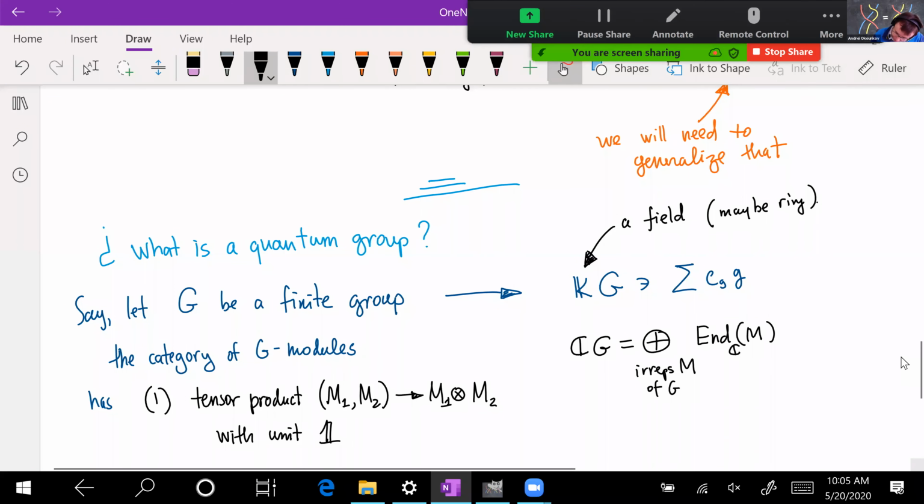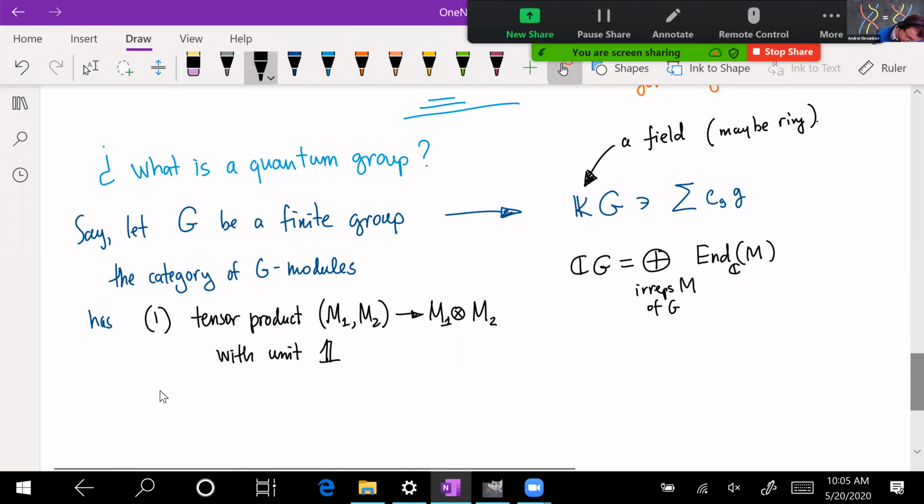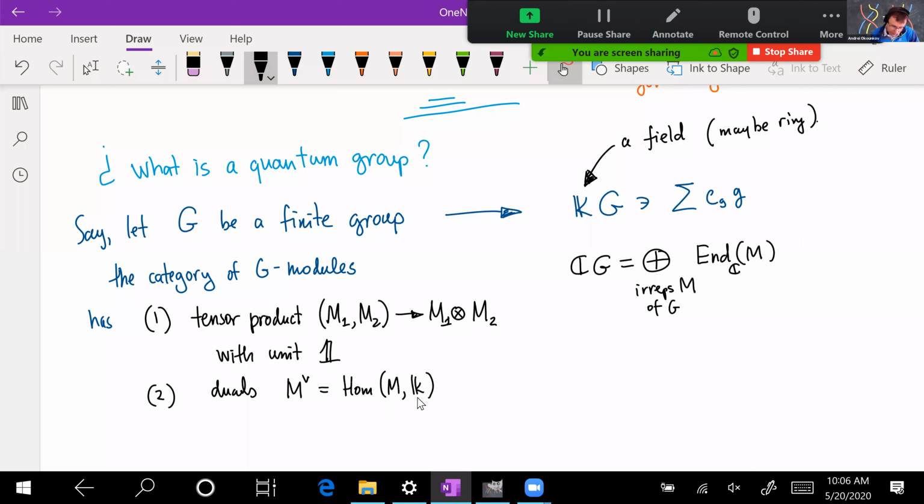And in another object, it has duals. So you have M dual, the space of Homs from M to K. This is also so the group, as opposed to a general algebra, the group